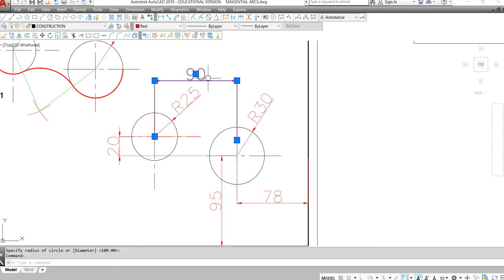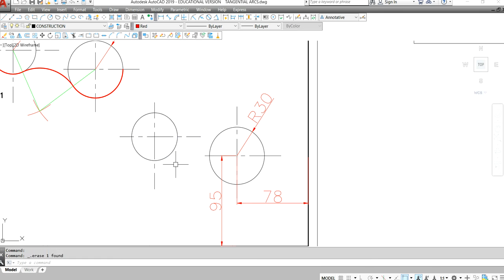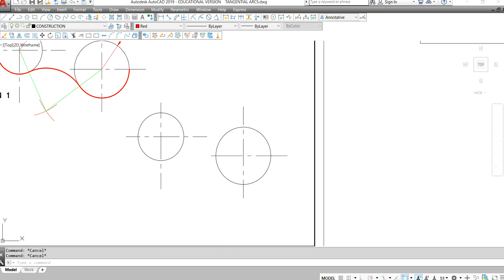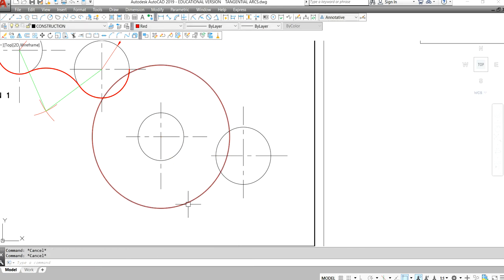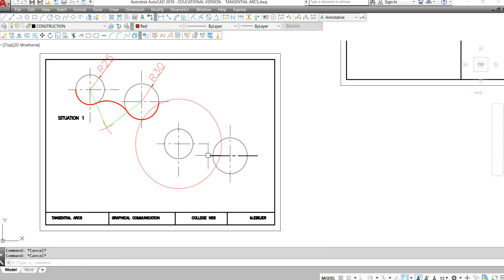I'm gonna remove the measurements so we can focus on the drawing. Okay? So, we said 100 minus 25, which gives us 75. That is done. Again, I repeat, you don't need to draw the whole circle, just an arc over here. The other one we need to do 100